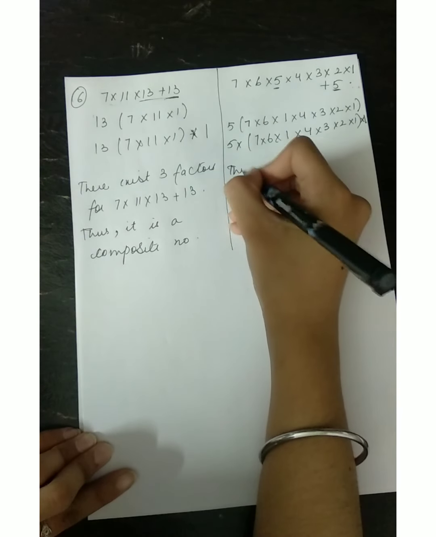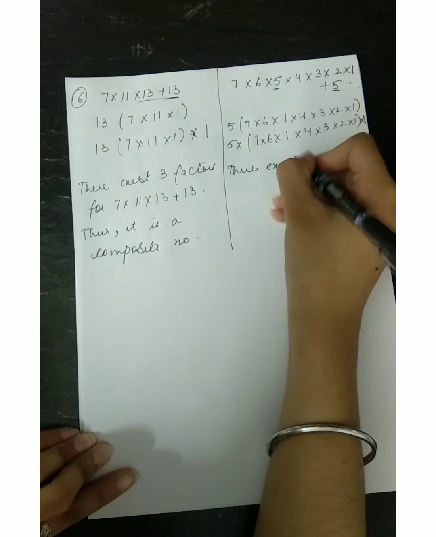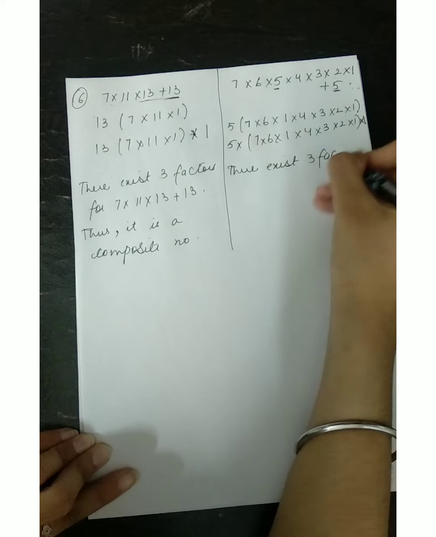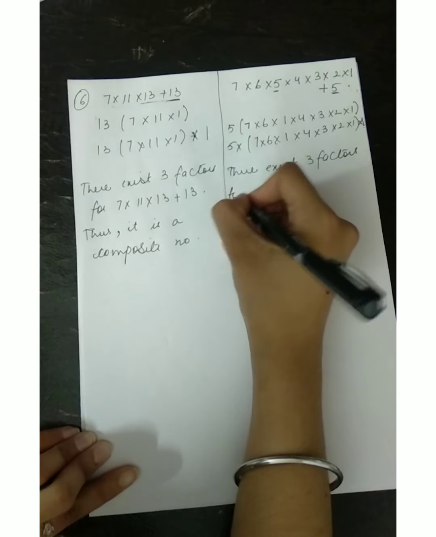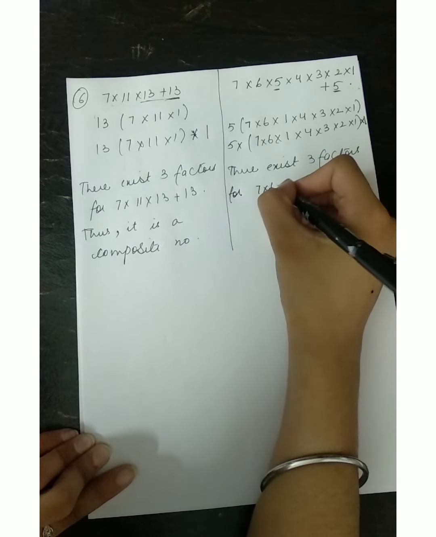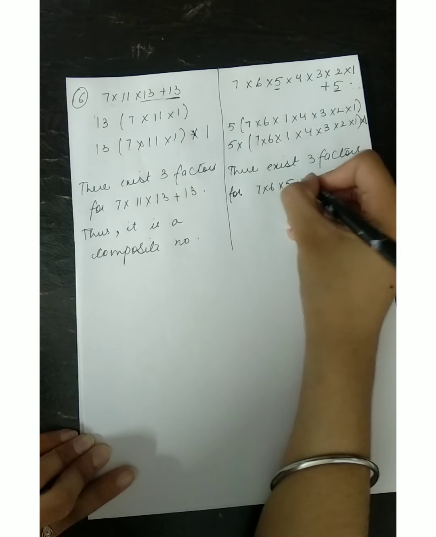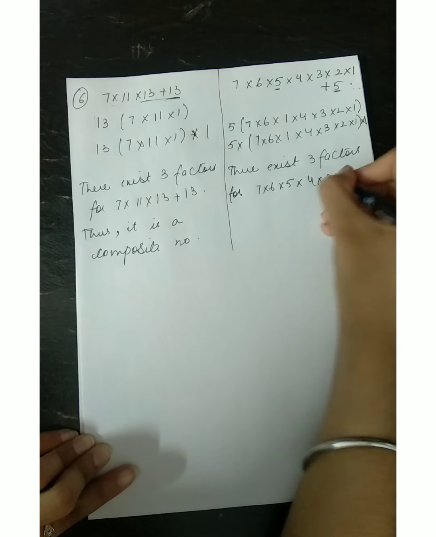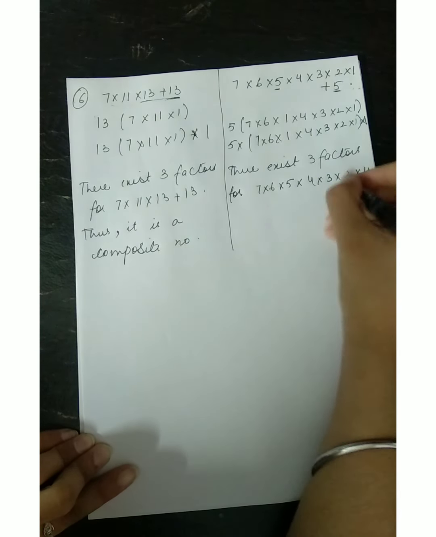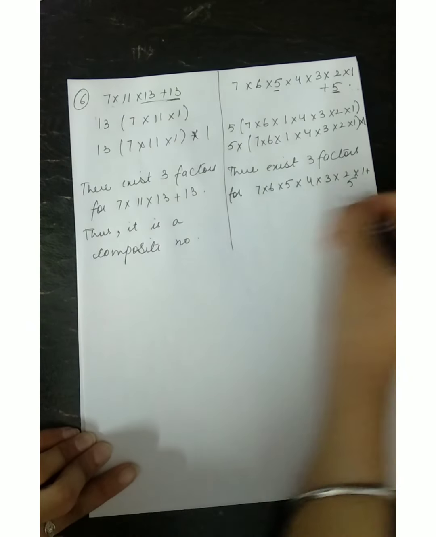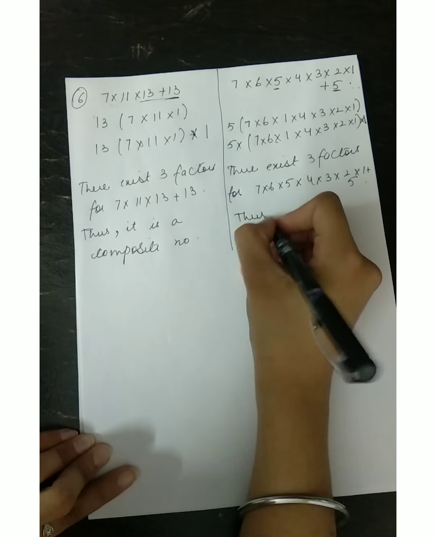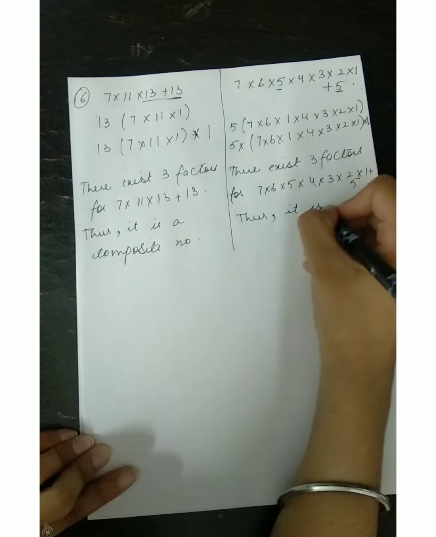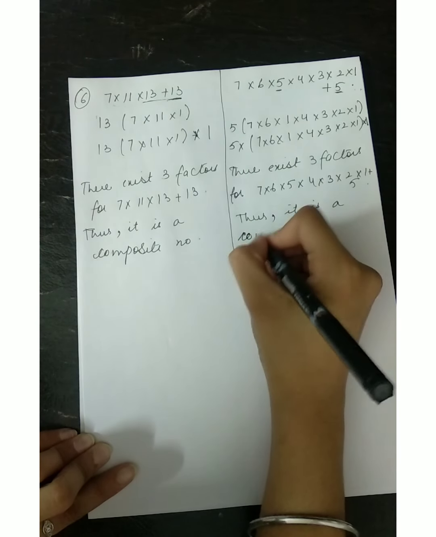So here also there exist 3 factors for 7 multiplied by 6 multiplied by 5, 4, 3, 2, 1 plus 5. Thus, it is a composite